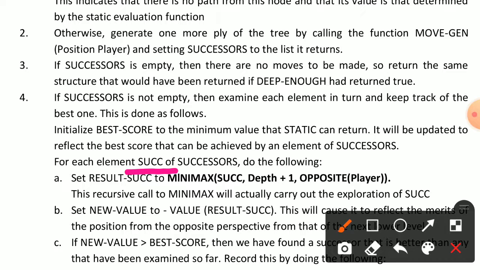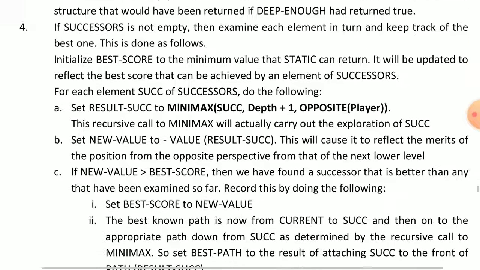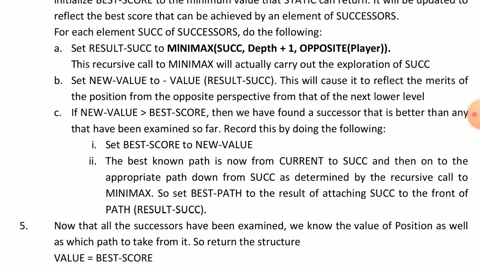In this condition there are three possibilities given. A is: set result successor to minimum and maximum in brackets successor, comma, depth plus 1, comma, opposite player.